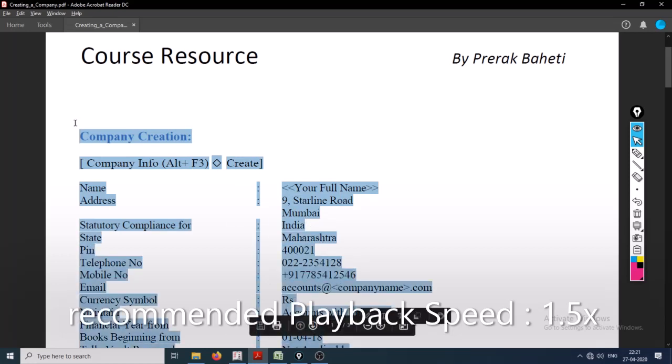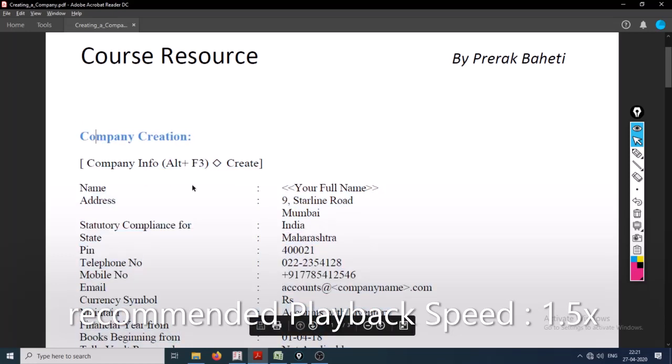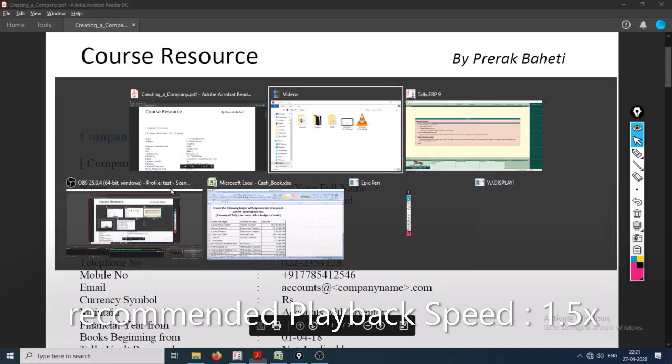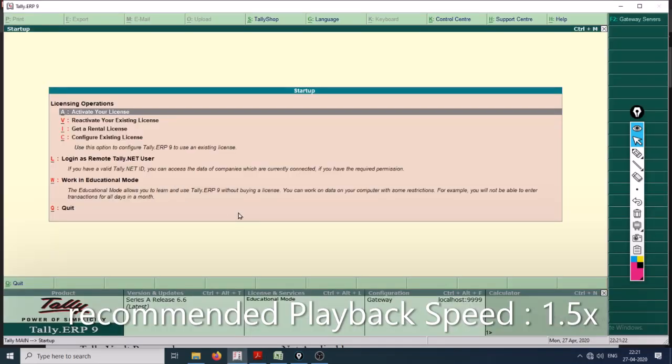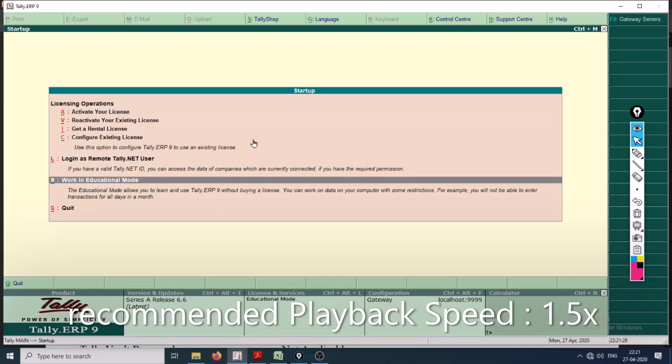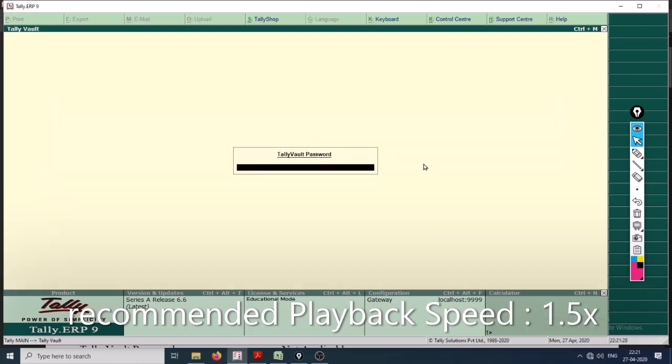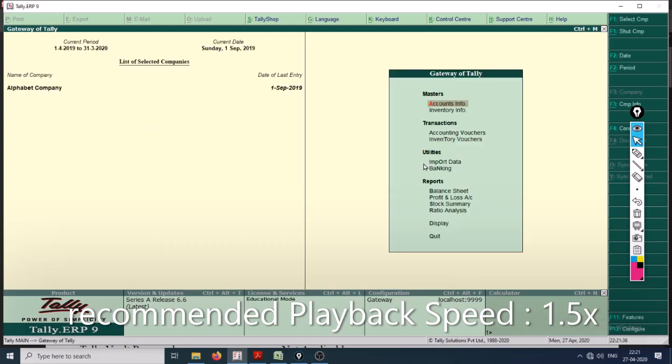Okay, so let's start by creating a company and opening Tally. I have the Tally screen right here, where I'll click on work in educational mode, enter. It will ask us for the Tally Vault password, which was created by us when we created the first company, that is 1234. Enter.